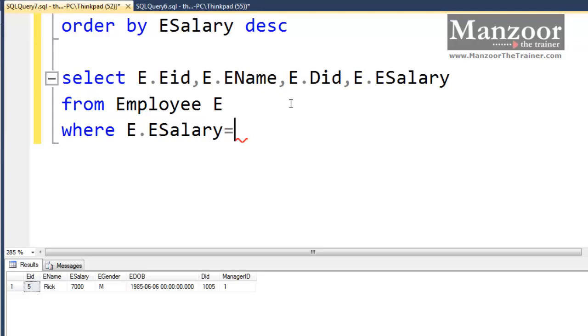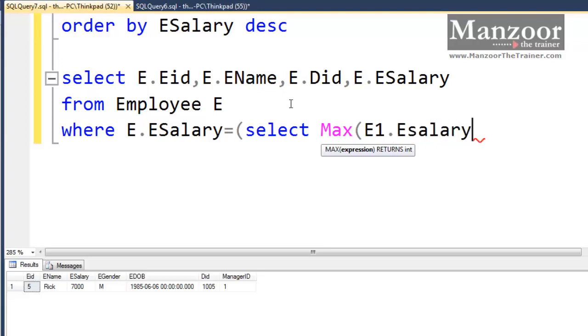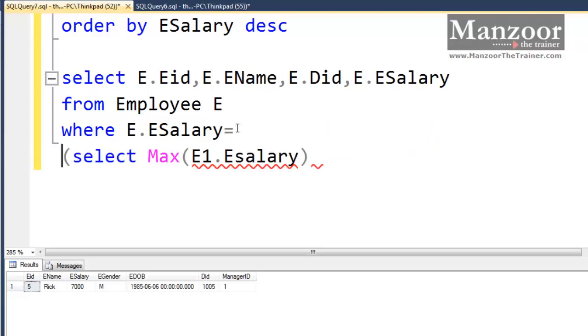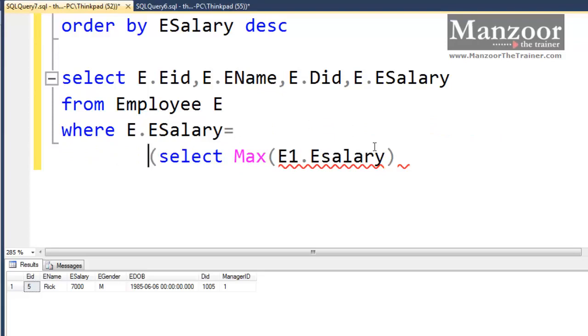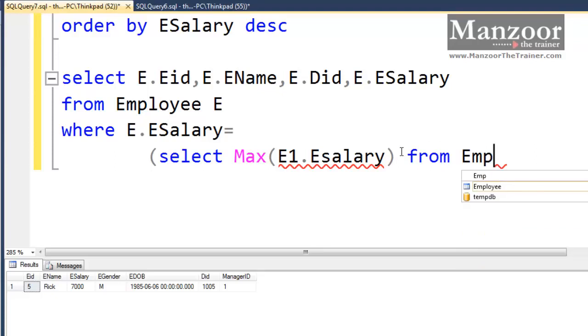So I'll say equals to, select max of E1.salary from the same employee table E1,